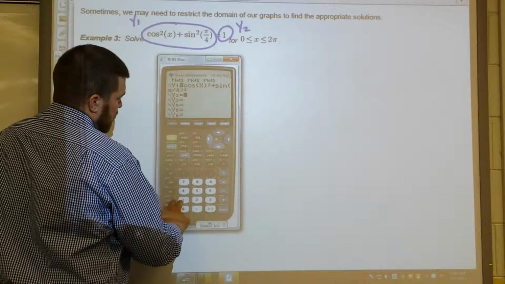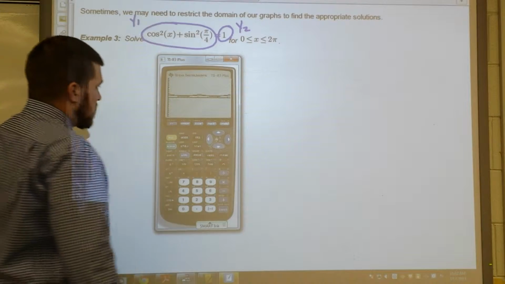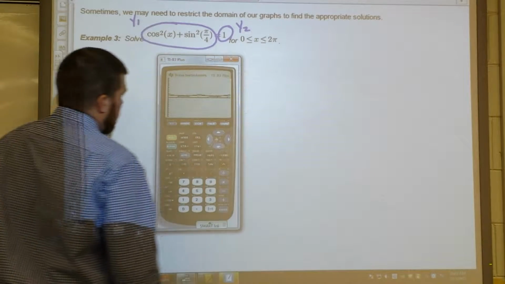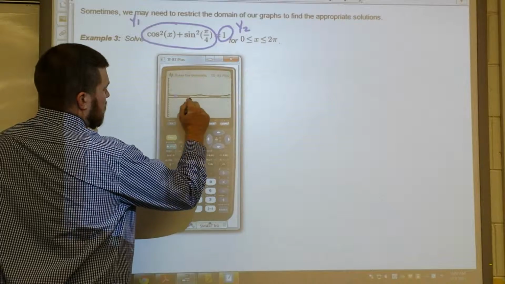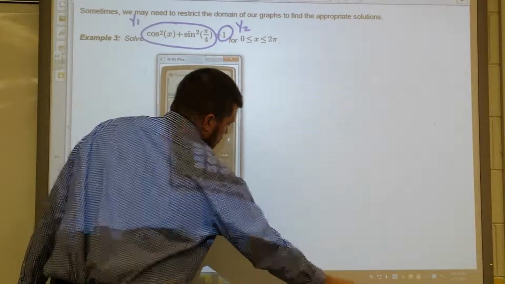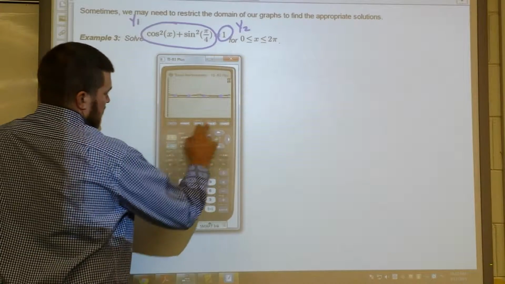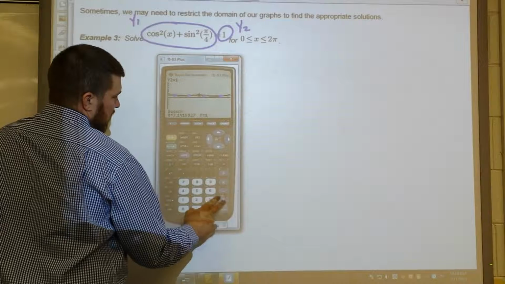And then Y2, we put our 1, and now we're ready to graph. We can see that there's a couple of points of intersection, so let's find what those are. So it looks like there might actually be 4 points of intersection, one here, one here, one here, and one here. Okay, so I want to say second calc, option 5, first curve enter, second curve you just hit enter,